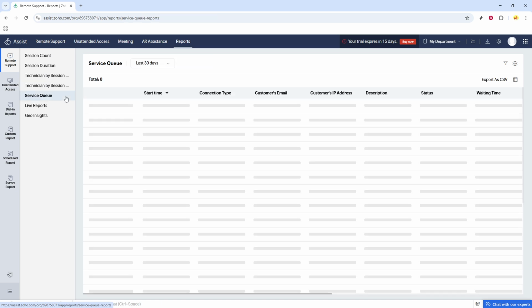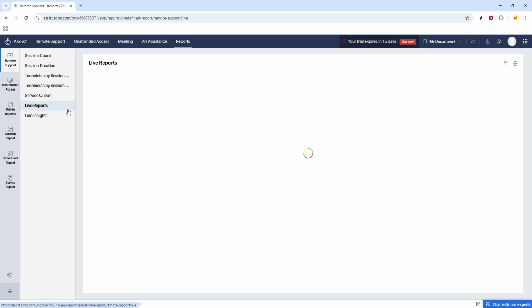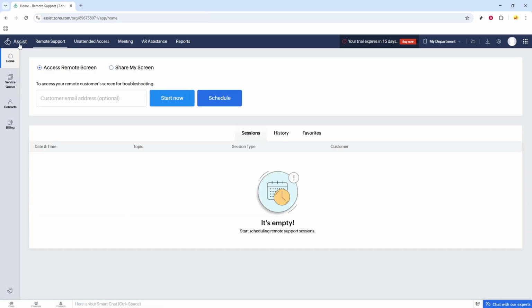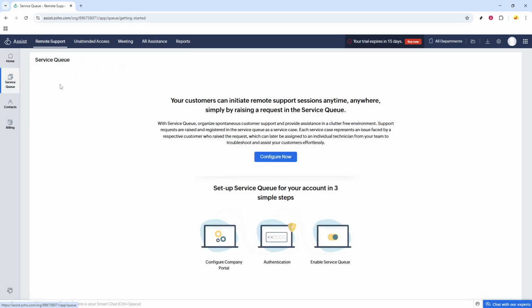On the left menu, you'll find supporting options that complement your main tasks. The Home button is your main landing page, providing quick access to recent activities at a glance. The Service queue is especially useful as it displays a list of customer requests waiting to be addressed, helping you